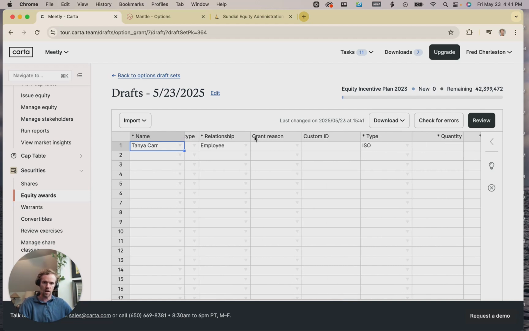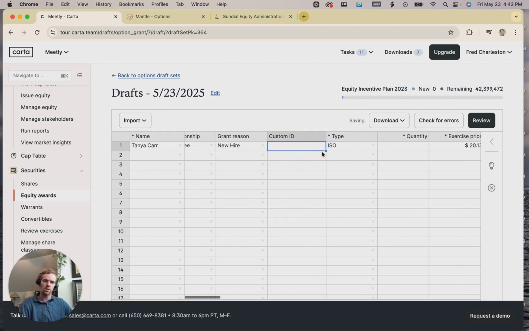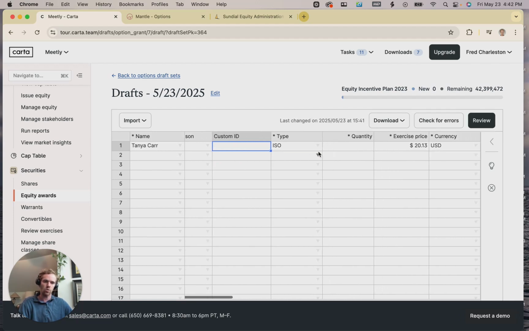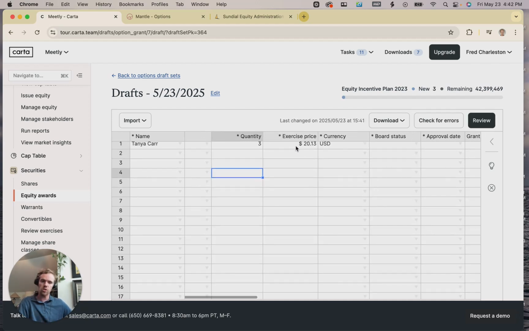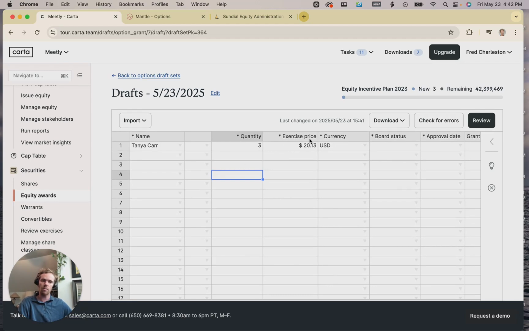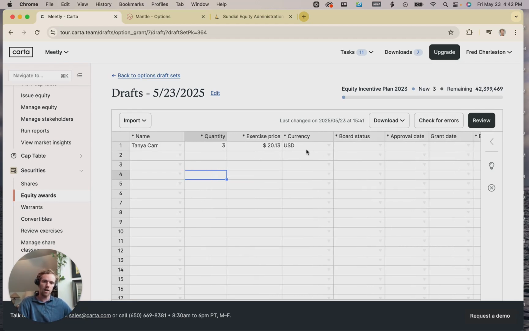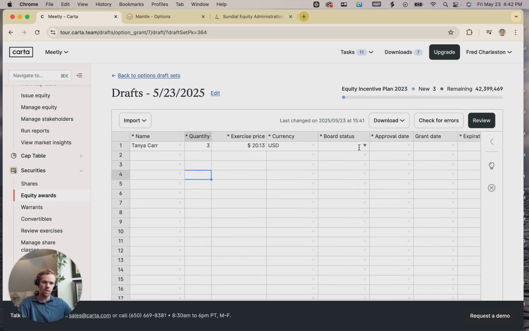Any field that does not have a star is not required. So you could indicate a grant reason if you wanted to, but a lot of these fields you can leave blank, and that's totally fine as well. For the quantity, just to match the earlier example, I'll do 3. The exercise price is also pulling from the latest fair market value that I have on file, so that looks good. Similarly, I'm going to indicate that these have been board approved already